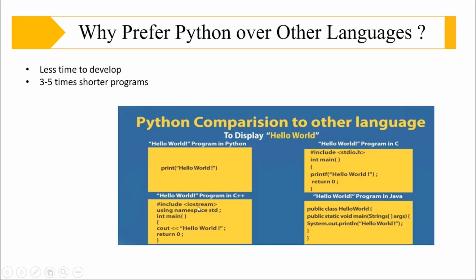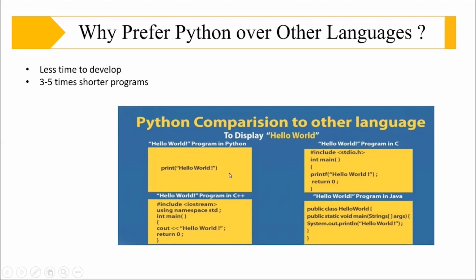You first need to include the input output stream, and then using namespace standard, and then int main, and inside the curly braces, you need to write your output function, that is cout, and then return 0. Same goes with Java. You first need to have your public class hello world name, and then you need to write your main function, and inside the flower brackets, again system.out.println, that is the output function of Java, right?